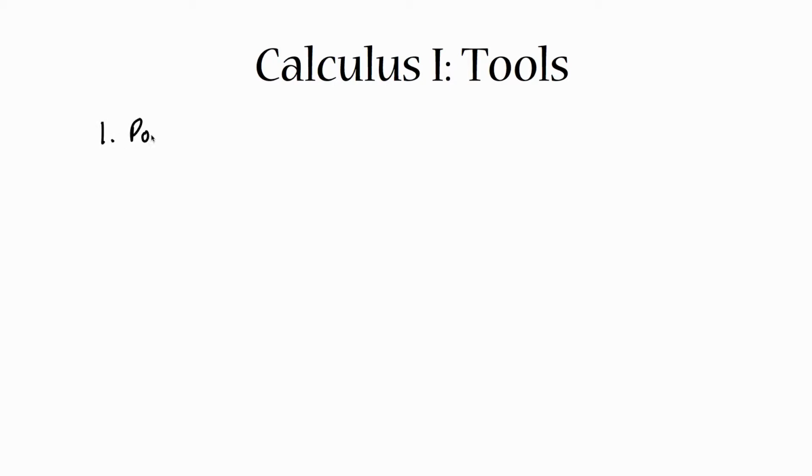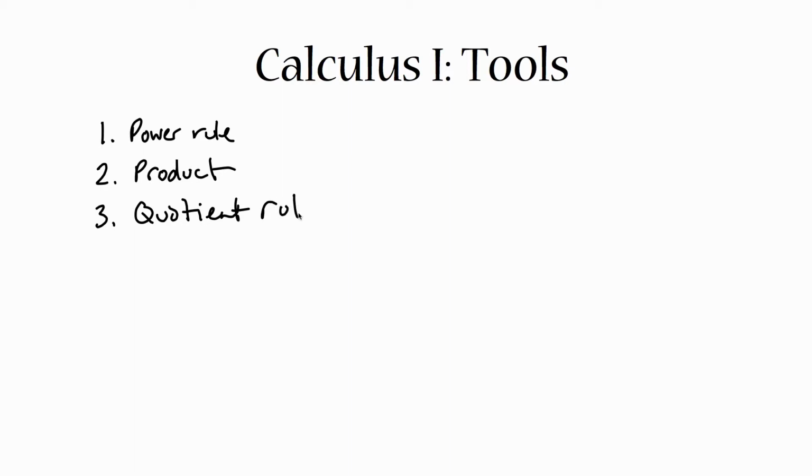First, we're going to go over the power rule, then something called the product rule, a closely related tool called the quotient rule. Oh, that's also a rule. And the last rule is going to be the chain rule, which is probably the most powerful one of the 4. And then I'm going to quickly go over some special cases, derivatives of exponential functions,